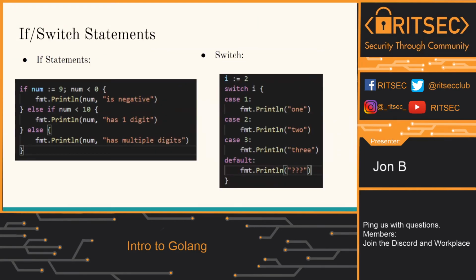If and switch statements are pretty standard in Go. Starting with the if statements: if, else. The only special thing, and the reason why I included that, is because you can declare the variable within the first if parameters, and then you can compare through the entire statement, and that will condense your scope a bit for your variables, if that's what you want. Switch statements are pretty standard in Go as well, as in most other languages. You have your variable that you're using, your cases, and then your default.